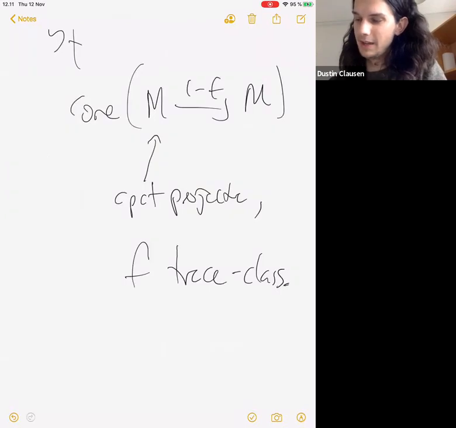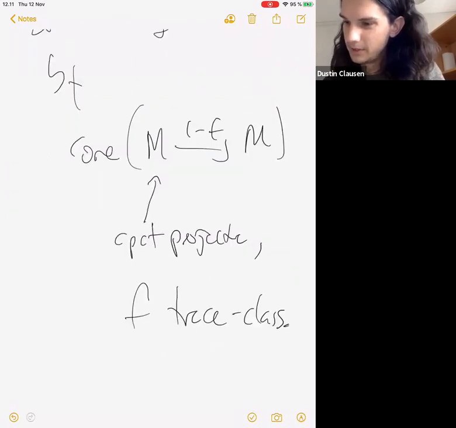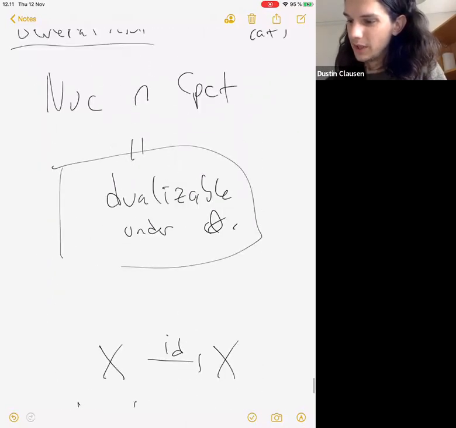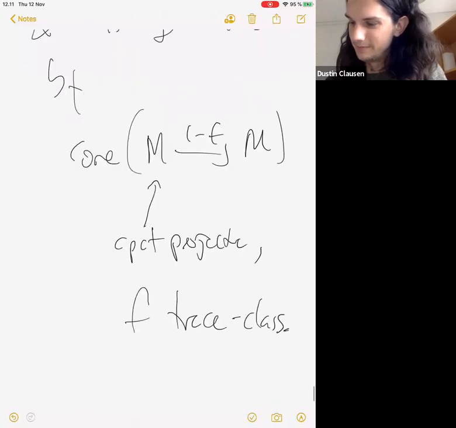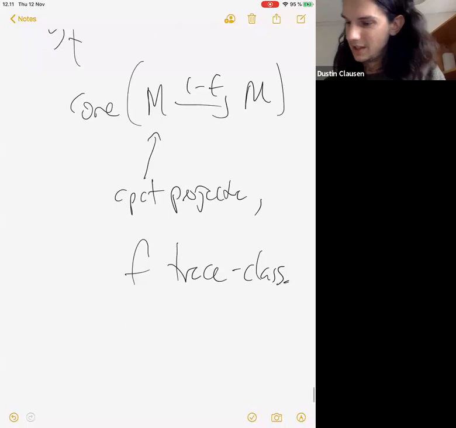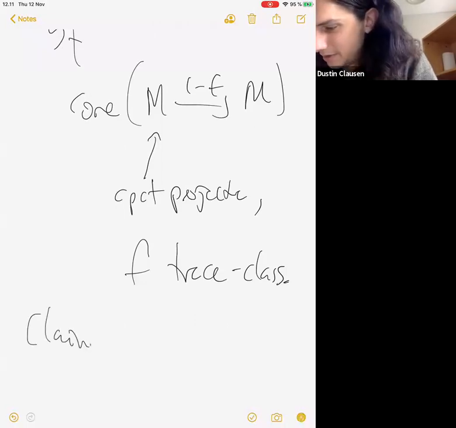So this is a nice little argument, I guess, that I probably don't have time to give. So if you want to understand what the dualizable things are, then it's enough to analyze just this two-term complex of compact projectives. And then the claim is, for example, just to give the simplest example,